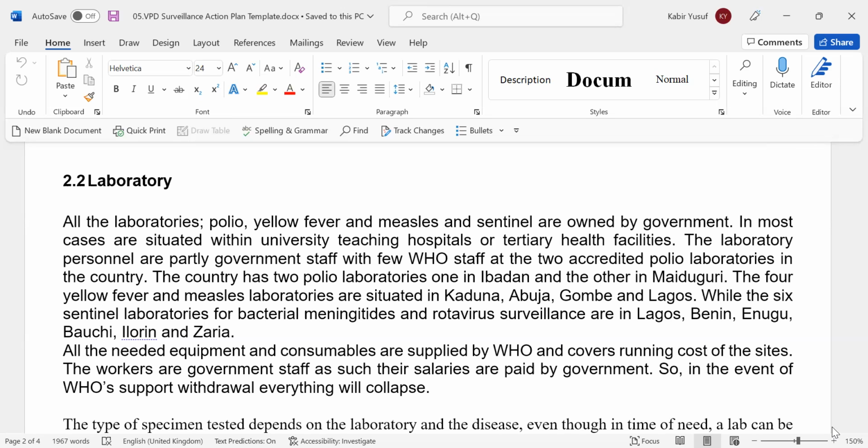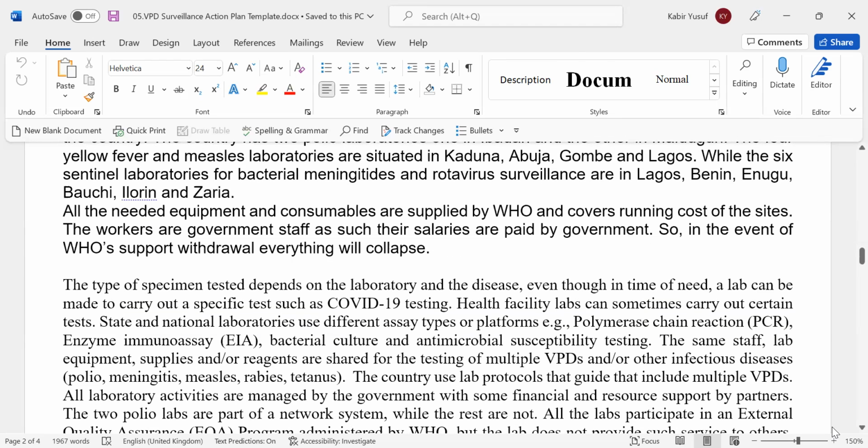And then we have 6 sentinel laboratories for bacterial meningitis and rotavirus sentinel surveys that are in Lagos, Benin, Enugu, Bauchi, Ilorin, and Zaria. Now, most of the equipment and consumables that those laboratories need are supplied by WHO, and WHO also covers the running costs of these laboratories.